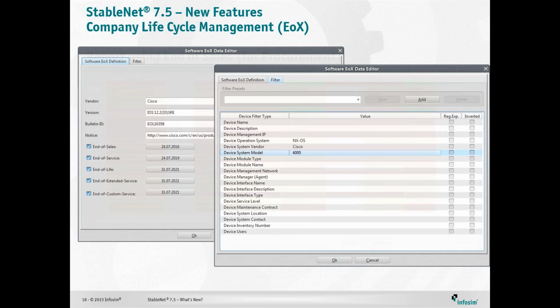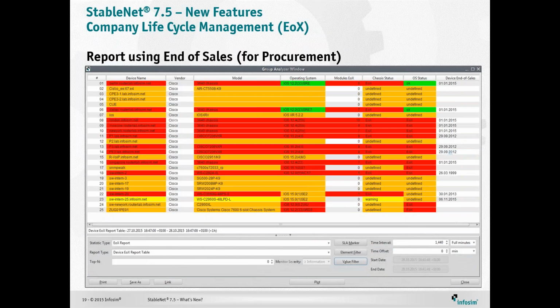And then we have extended our reports. So first thing is the device reports now contains information about the module number, how many modules are end of life, the chassis status, the OS status, and which is most important, you can define different reports for different departments, for example. Like the procurement department or the sourcing department wants to know only, is only interested in